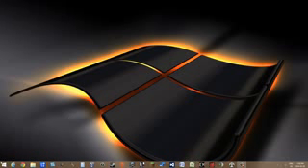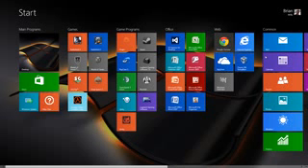So that's all I want to show you for now. So just some basic navigation,